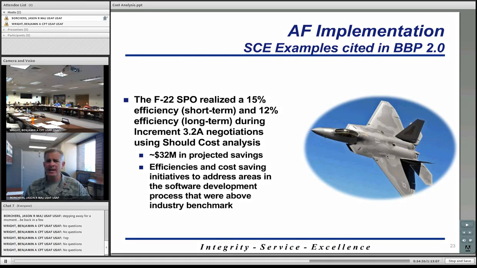3-2A basically had to do with software development, and I won't get into all the technical details regarding that, because it really doesn't apply to what we're talking about, but it really has to do with software upgrades. They estimated that when you look at both the short term and the long term, it's about $32 million